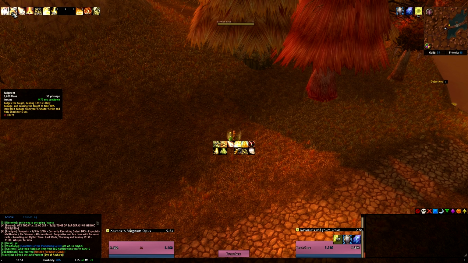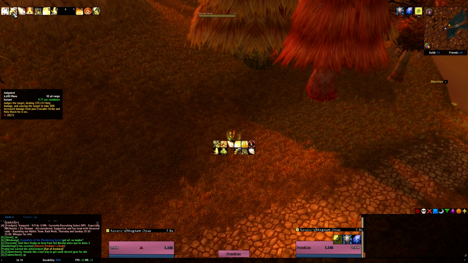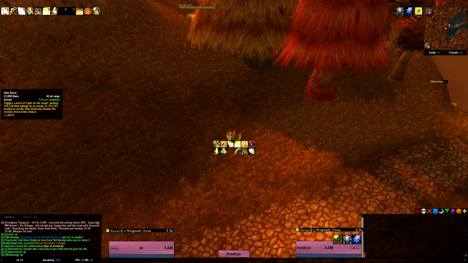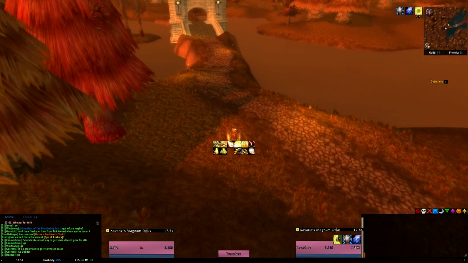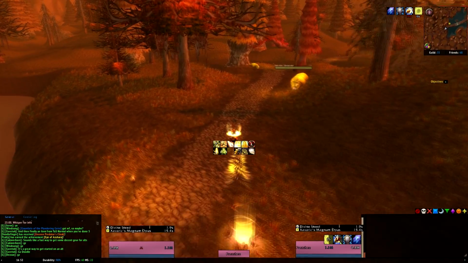We have Judgment, which we can cast at distance, that does 330,000 damage. And we also have Holy Shock. Now, Holy Shock is a healing spell, but it's simultaneously a DPS spell. So it triggers a burst of light on the target, dealing 245,000 holy damage to an enemy, or 225,000 healing to an ally. Holy Shock has double the normal critical strike chance, so that's very important to know as well. So you have all these benefits that come with...